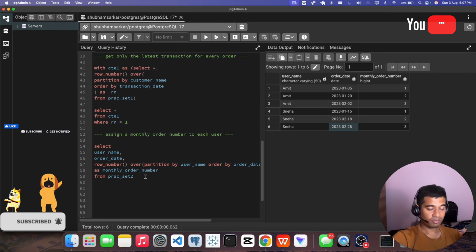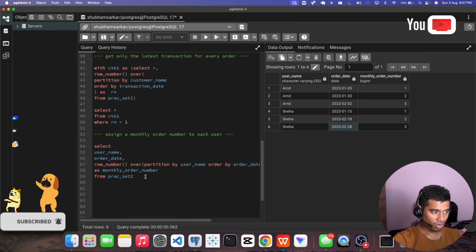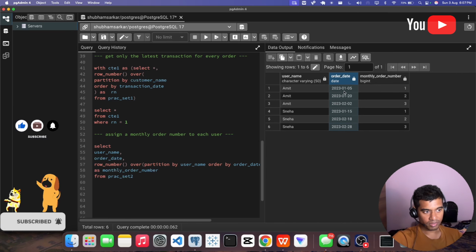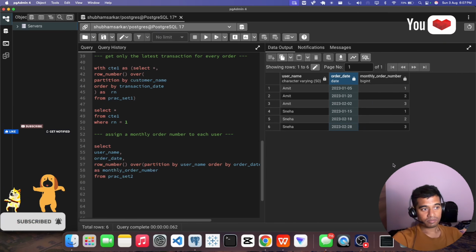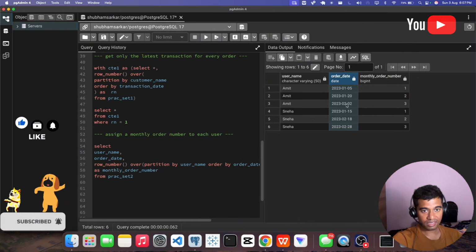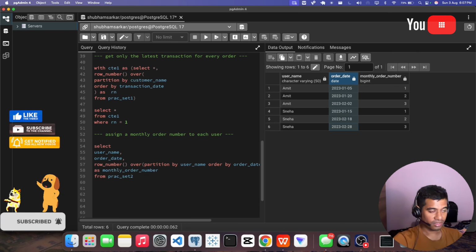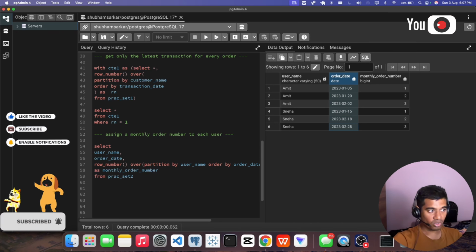So if you ask for an explanation, I would say here what we have done is partition by both user and month using order by order date, right? Monthly it is done. See, 1 1 and 2, 1 2 2 means Jan and Feb, right? And as you can see, order by order date has been done, and you will see the first, second and third order number for each user per month, right? That's the thing. That's easy, and that's a very helpful window function that we will use in real life scenarios as well. And till here we have done our conceptual part.